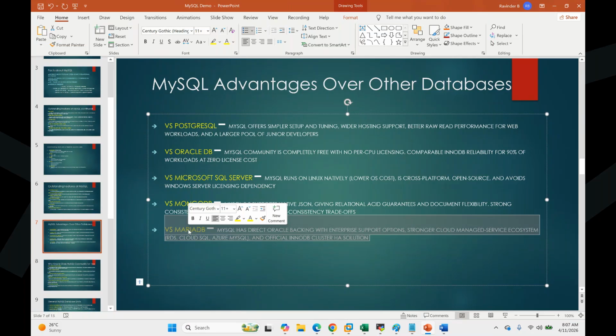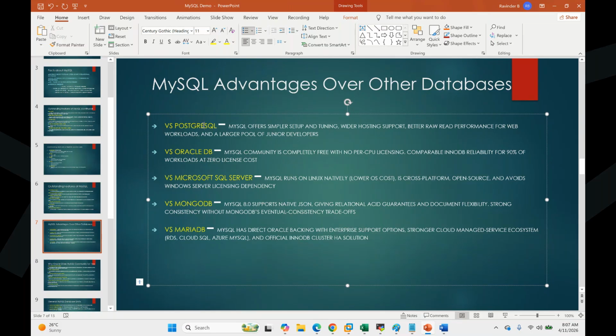It is open source. If it is buggy, it is buggy. That's it. You can't really complain to anyone. It's an open source, free to use database system where you don't have direct, immediate support. Nobody can guarantee you the support, but MySQL can support because it is handled by Oracle. So compared to other products, these are the advantages.